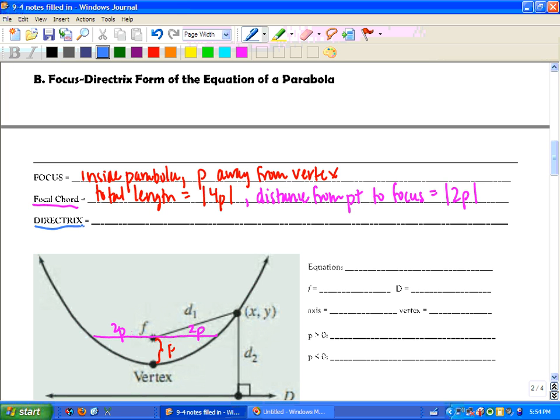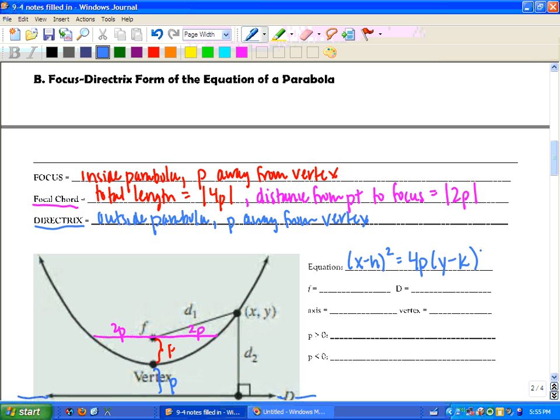Your directrix then is outside the parabola, and it is also p away from the vertex. So the distance down to the directrix is also p. And so this line down here at the bottom, you can see the little D there, that is the directrix. The equation for a parabola that opens vertically is (x minus h) squared equals 4p times